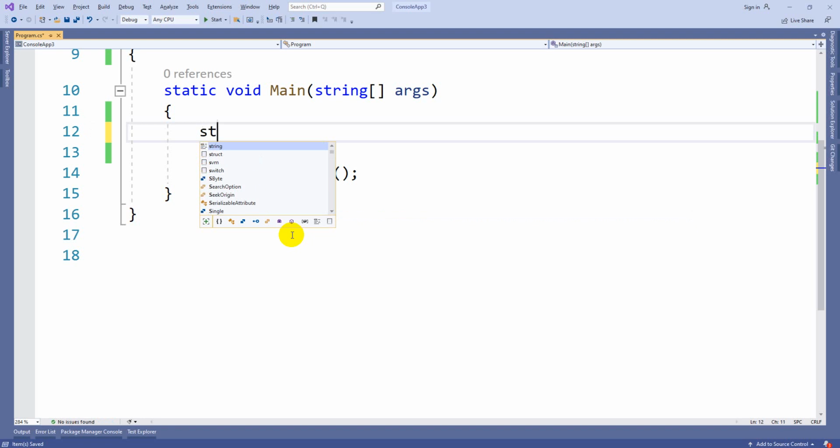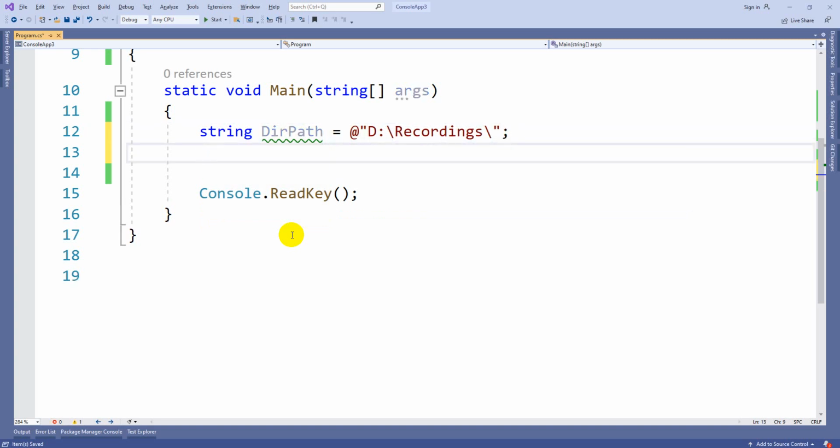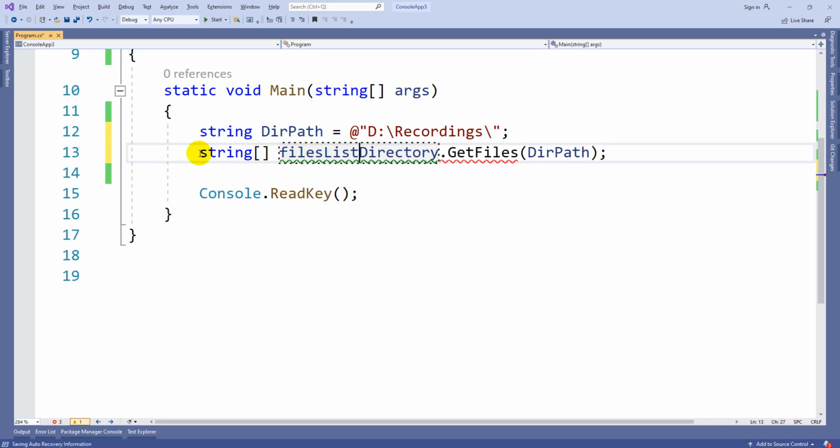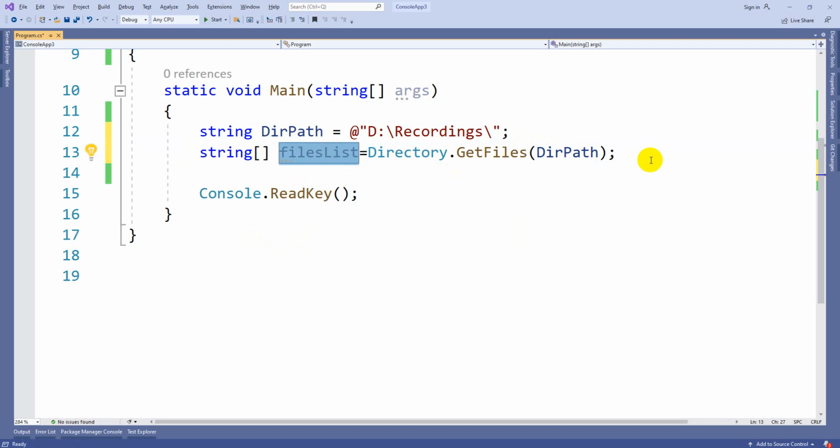So first, string directory path equal to, in the D drive, this is the folder I want to work with. Directory.GetFiles, from the directory path, will give you the list of files available. So string array file list, then whatever files are available in this directory, those names you can get here.